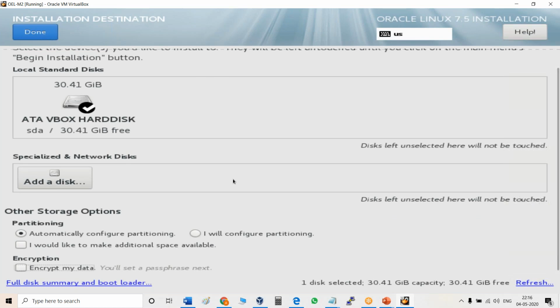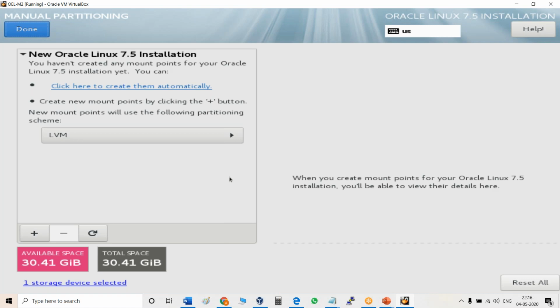Okay. So after that, choose I will configure the partition and done. Then it will come here. So I will do simple partition. So that is standard. Then I will come here and I will add.